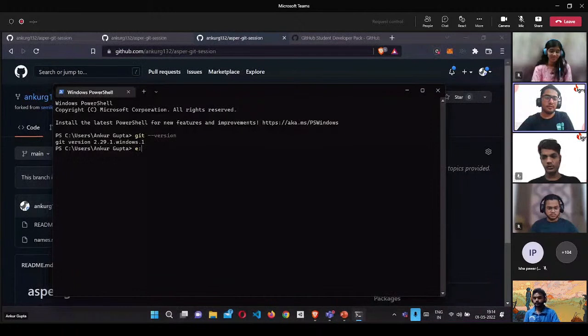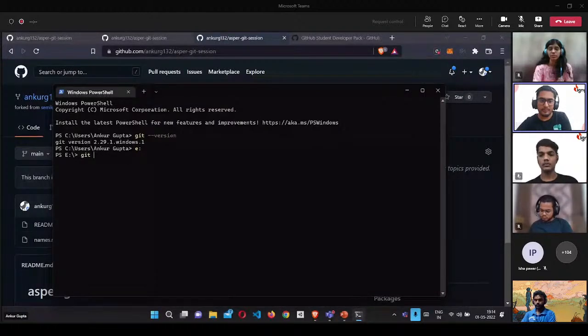So what you should do is write git clone and then paste the repository that you have copied. So just click on this copy button here, write git clone, paste it and press enter. So that's it. This is how you can clone that.